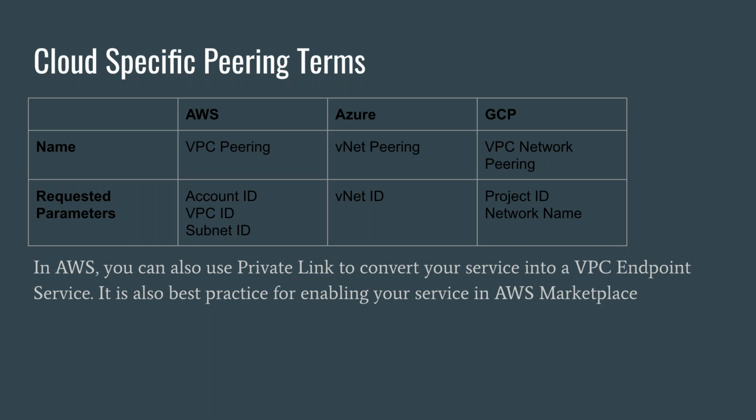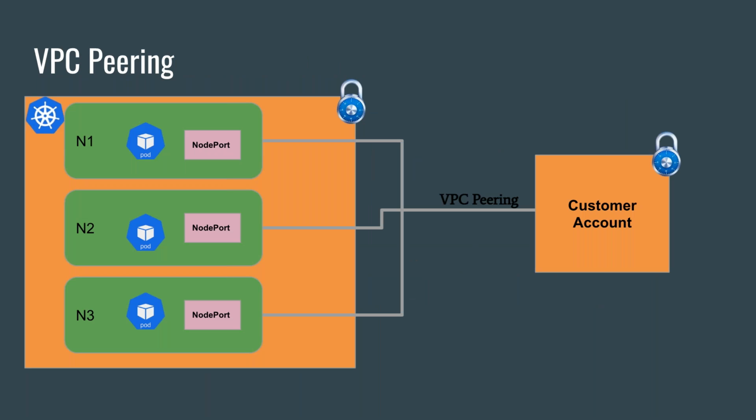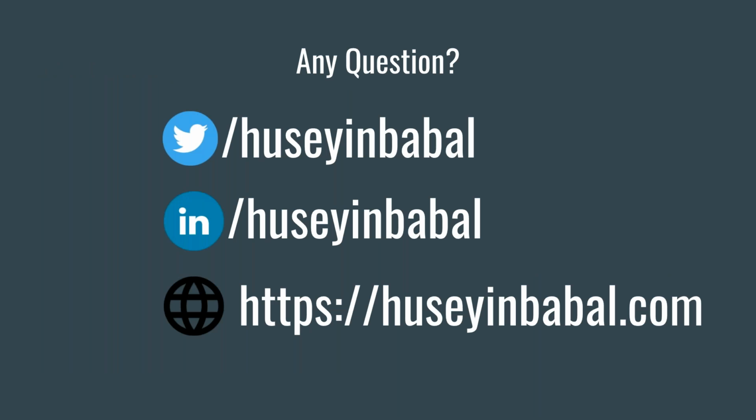So we are talking about VNet and VPC peering, but there are some different technologies. For example, in AWS, there is another linking technology called PrivateLink. By using PrivateLink, you can convert your actual service into a marketplace item. They will actually be converted into a VPC endpoint service. So that is another bonus piece of information. Okay, since you initiated VPC peering, right now there will be a direct connection from the customer account to the actual in-memory technology.